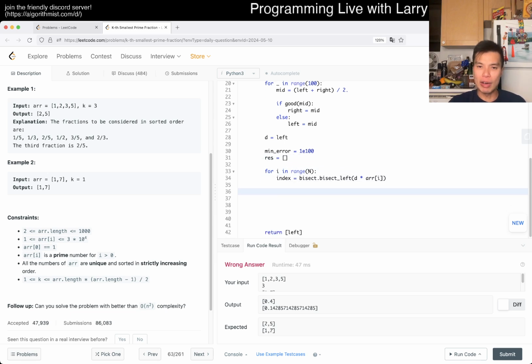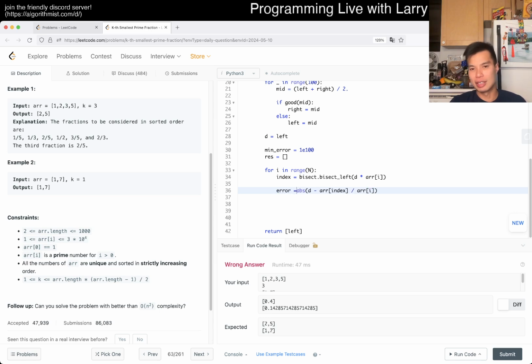And then now we go, okay, so array of index over array sub I. We're going to compare this to our D. So the current error is going to be this, and if error is less than min error, then min error is going to be error, and the result is going to be array sub I,